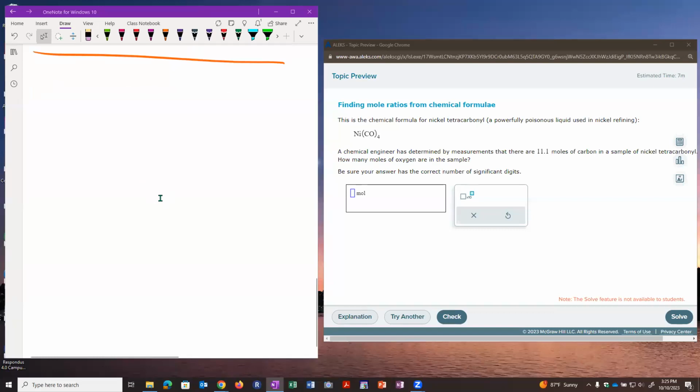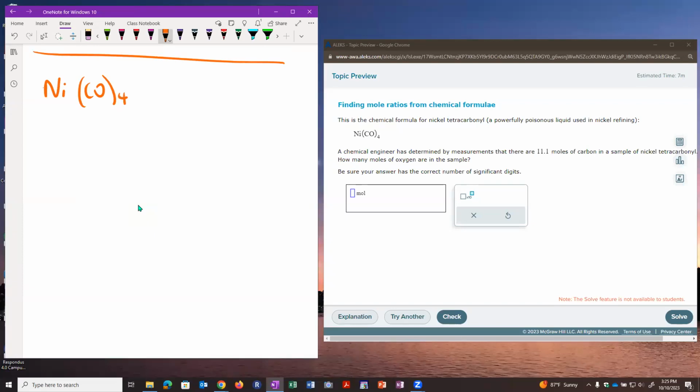All right, so in this one, we're going to be taking a closer look at the information provided in a chemical formula, and specifically how the subscripts give us a mole-to-mole ratio in that formula. So in this case, we have a molecule by the name nickel tetracarbonyl, and we're given the chemical formula for it. So we have Ni(CO)4,